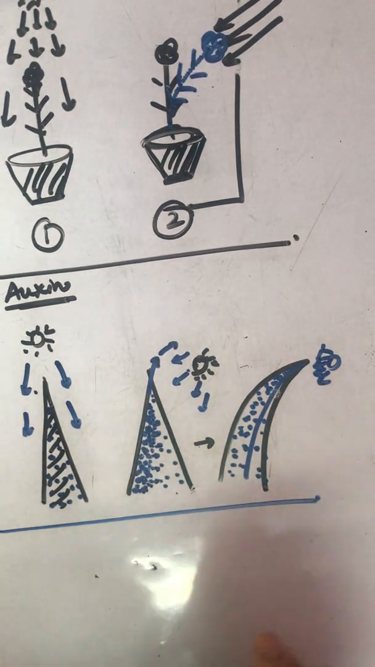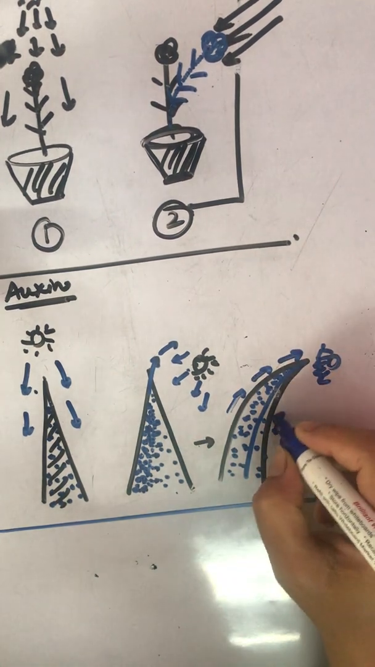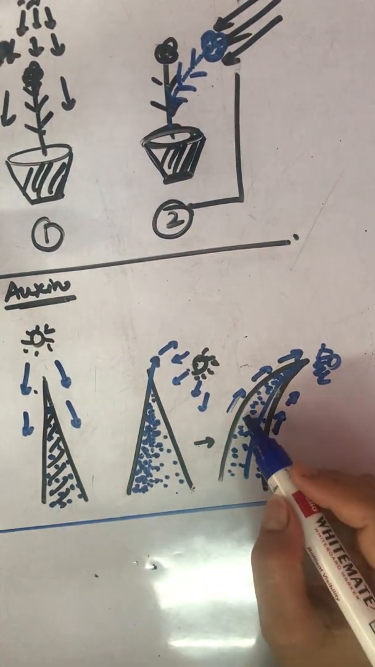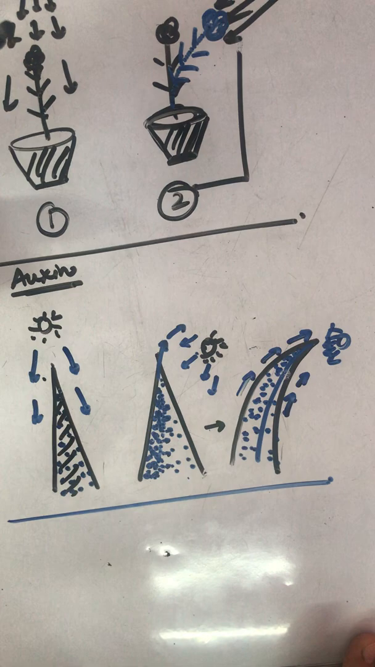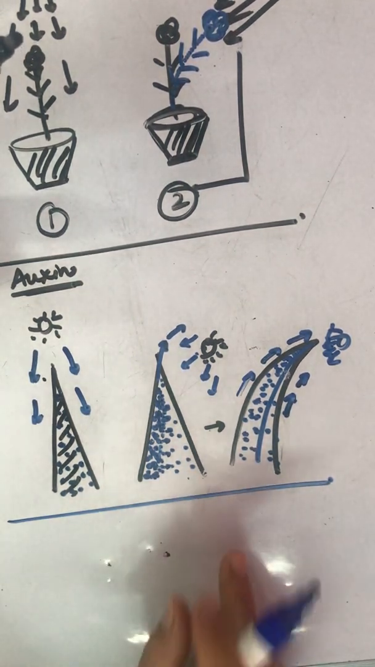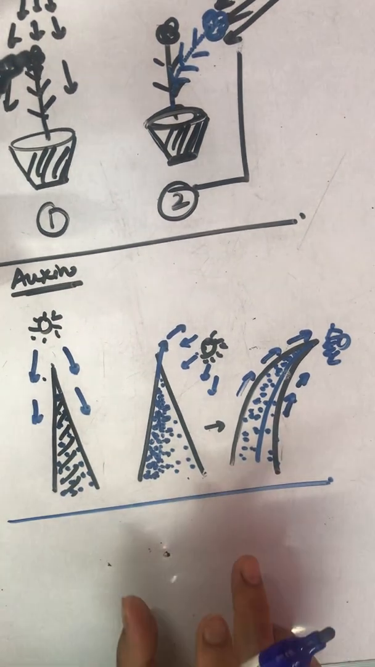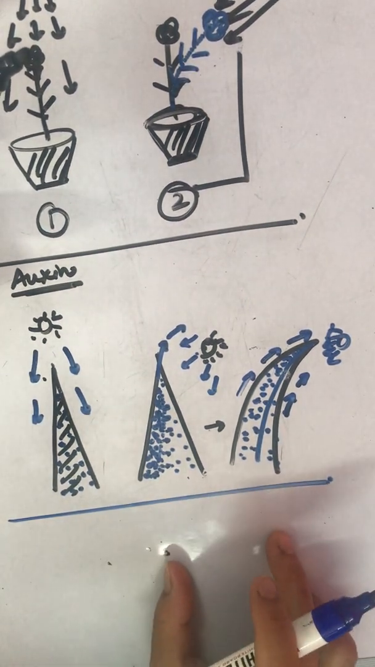All right, this area will grow fast compared to this side because of auxin. Auxin is a growth related hormone which will help in growth of plants. Related to it, we will talk about the directional movement due to growth in response to touch, which we call